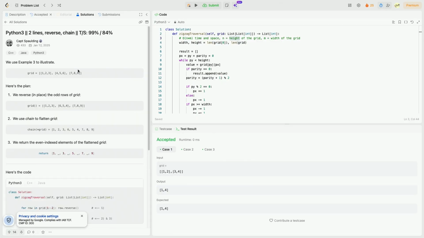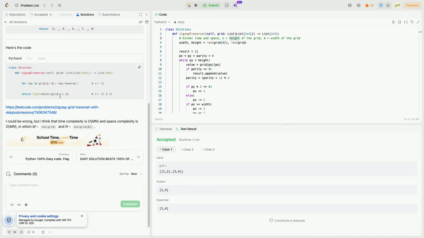Two lines of code. Let's have a look at this. So this is actually iterating over all of the rows. So it chooses step size 2. Then it reverses the row. I don't remember if Python actually reverses it or if it just adds a flag to that array. So I don't know if it actually performs the reversal or if it gives you an iterator that just iterates in reverse order. I should probably look that up. Because if you can explain that, oh, this actually is not an O of n operation, you know, that's bonus points. And then it returns a list of the chain of,